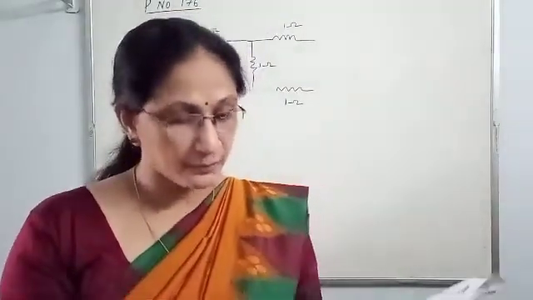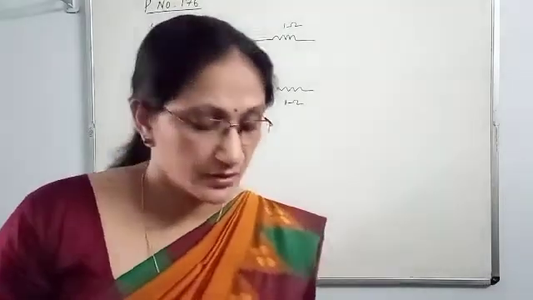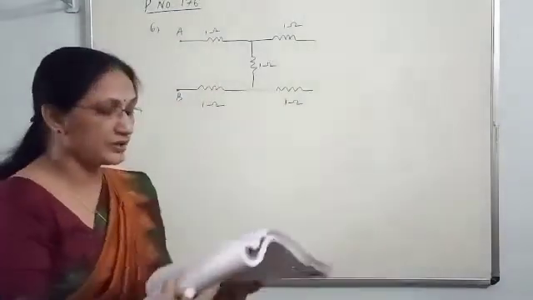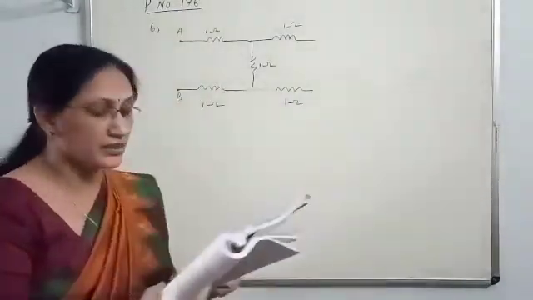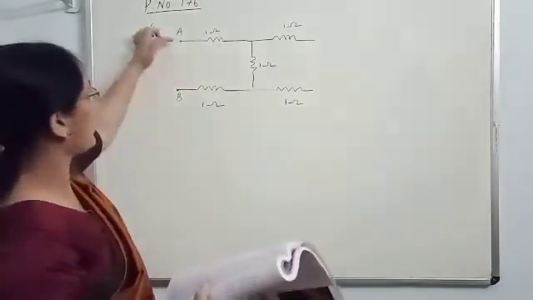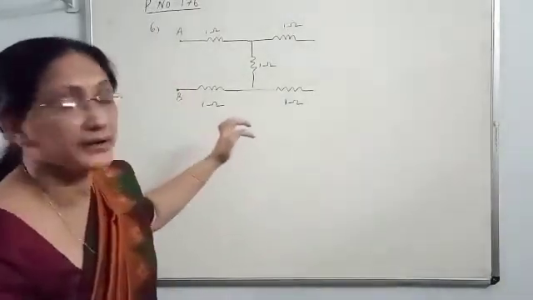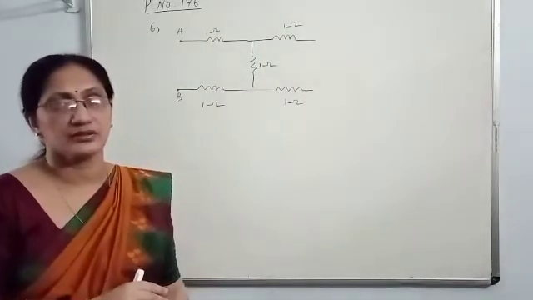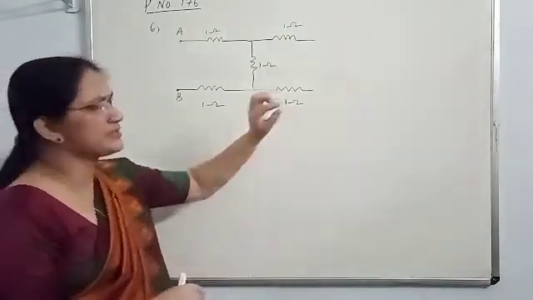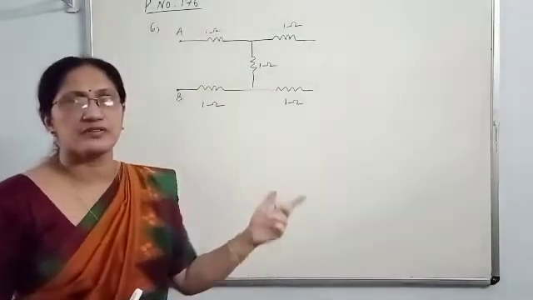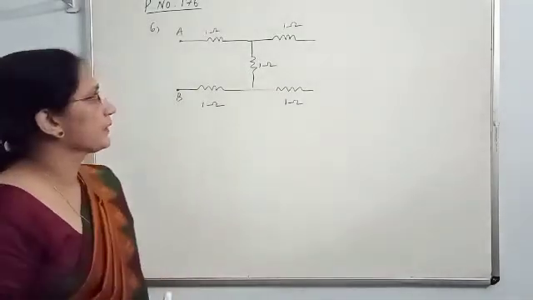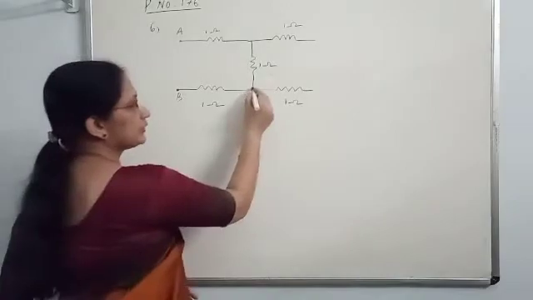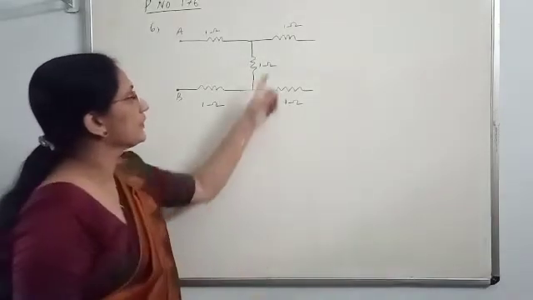Next question, same page, question number 6. This is the diagram given, and you are asked to find out what is the equivalent resistance between A and B. Look at the diagram. Here there are 5 resistances in total, and only a little bit of difference is there between the previous numerical and this one. Let us see how to find out the total resistance.